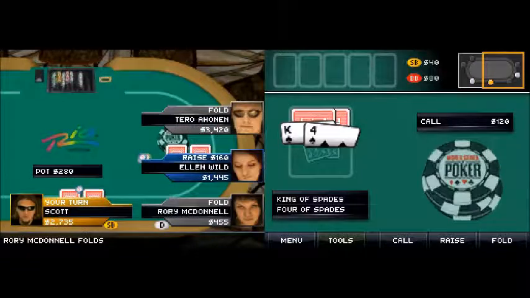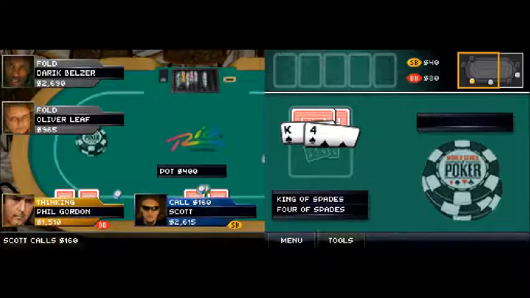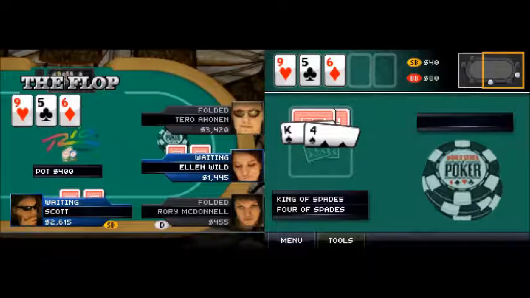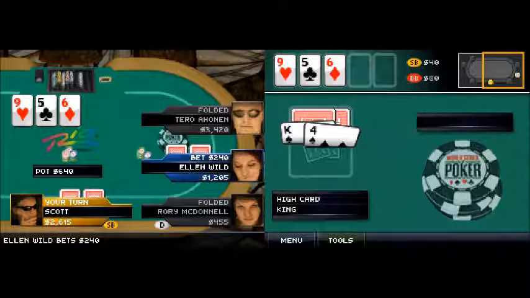I have king suited in the small blind against a player that just absolutely loves to raise, so I think I'm actually going to give this a call here. Defend the small blind. I know I'm out of position, but, yep, bad spot. Out of position, and I have no hand. She's just going to bet. But I have no hand to represent here, so...